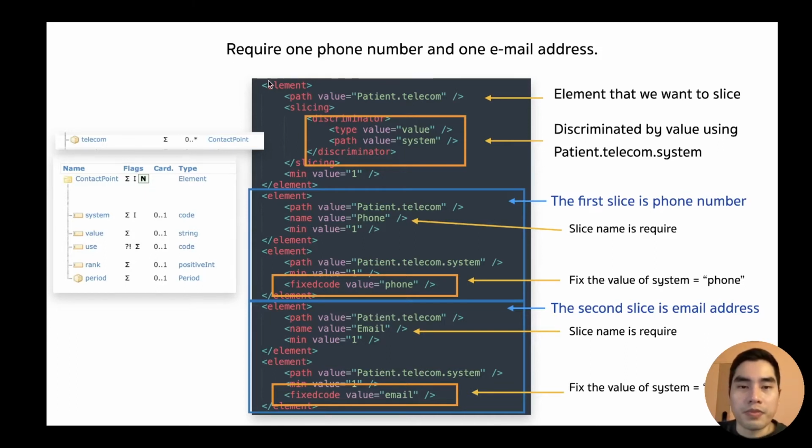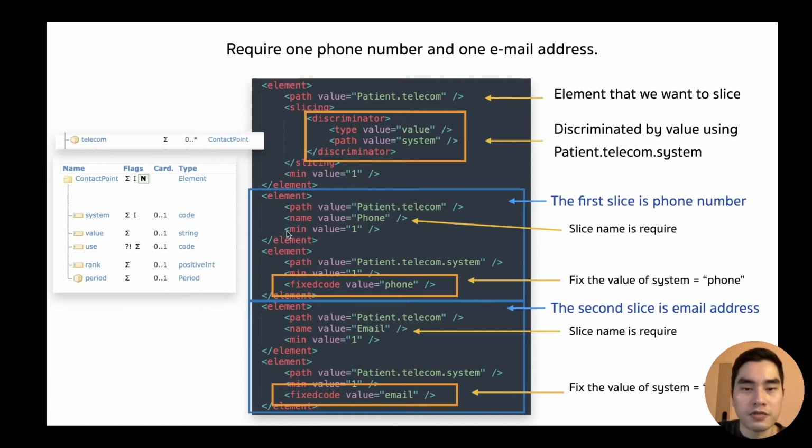What I want you to focus on is this discriminator element: the type of discriminator is value and the path is system, as I explained in the earlier slide. And when you are slicing, you split this element into two sub-elements.